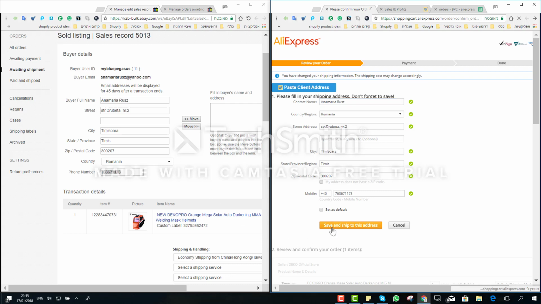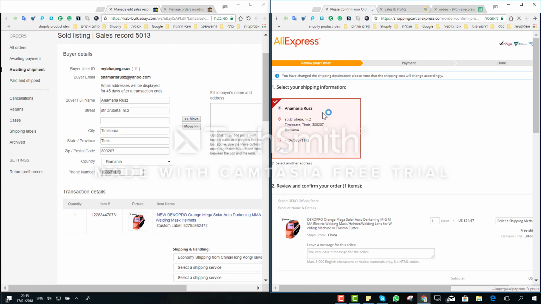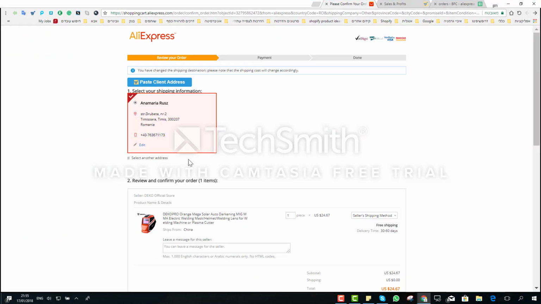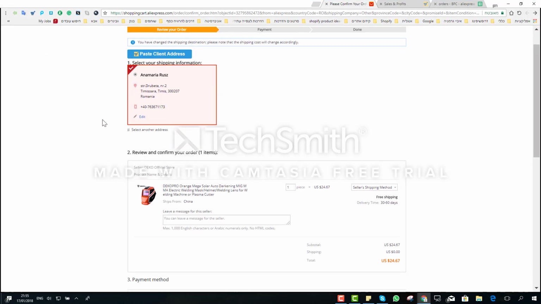Then you just save the address. You can check again that this is the same person, same address, same city, same country. Okay, everything is the same. The zip code is really important. Phone number also important. And then when you see the address is okay,